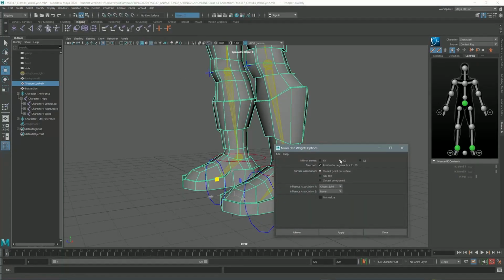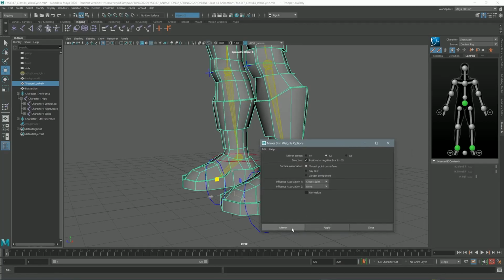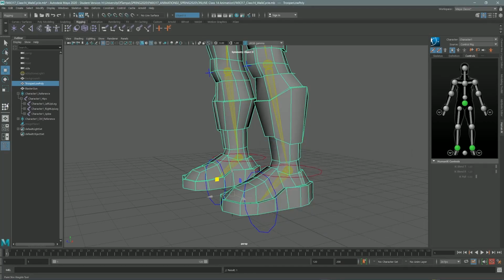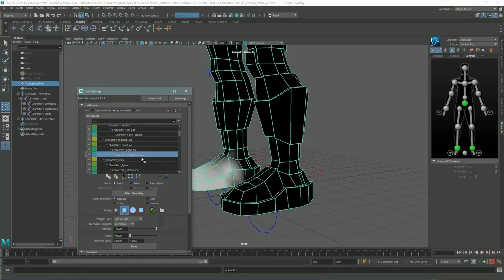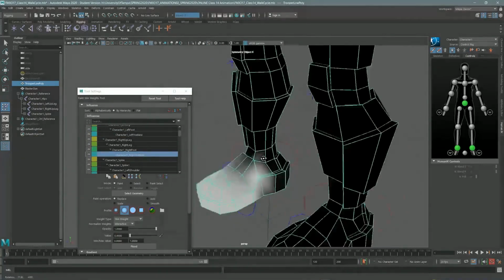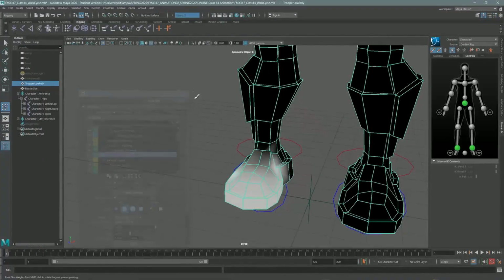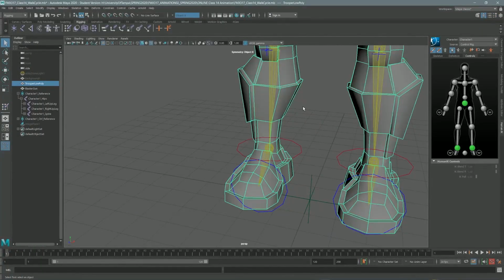Let's see if we have the correct axis, Y and Z, and mirror, boom. Then we can check if we have the correct one on the other side. Yes, it's the same, so we're good to go, and we're ready to animate our